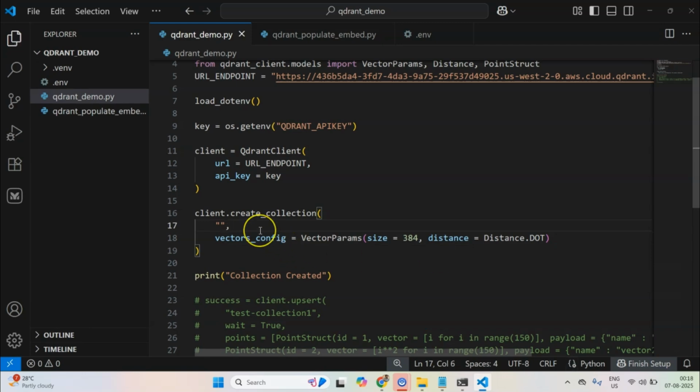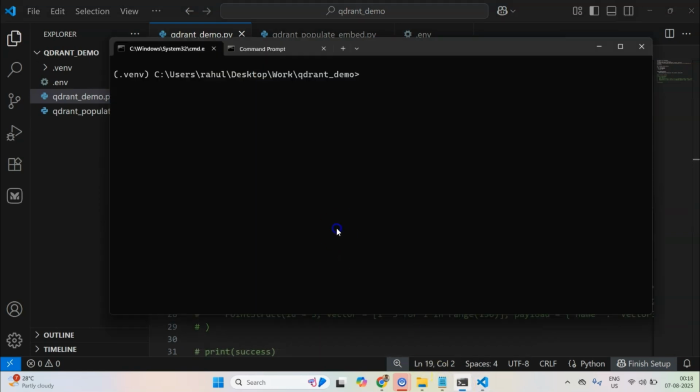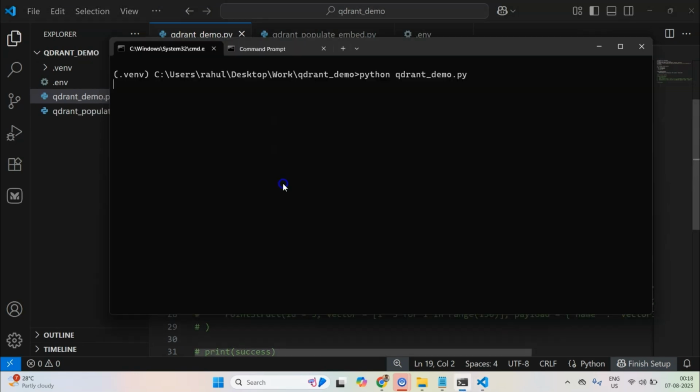Now in place of collection name, let's give it some real name, maybe sample 100 points. Let's create the collection now. So Python Quadrant demo, and let's run this, and it should print collection created.